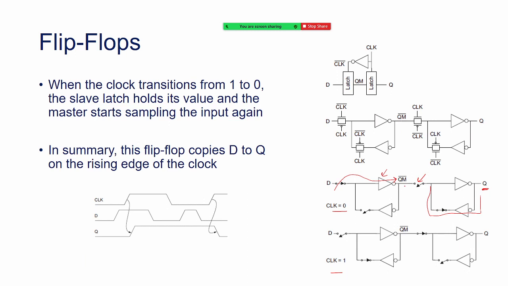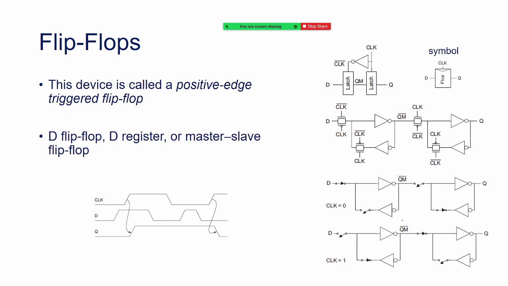So in summary we say that this master slave flip-flop copies the value of data D to the final Q, D to Q, right, based on the sampling of the switches, and it copies that data on the rising edge of the clock. So this is the principle of operation for the flip-flop. This flip-flop is called a positive edge triggered flip-flop. Why? Because we see that the data D comes to the final Q only at the clock transition